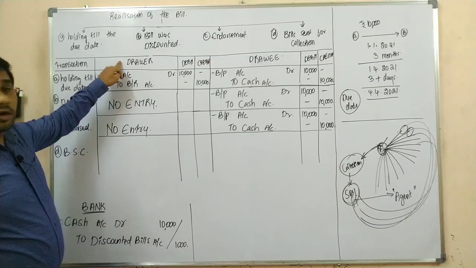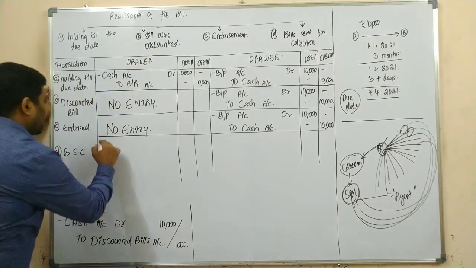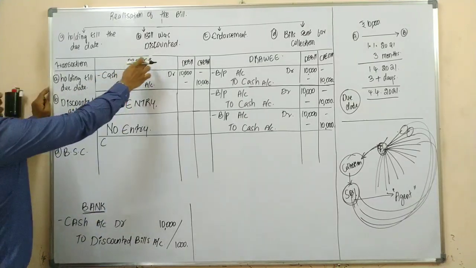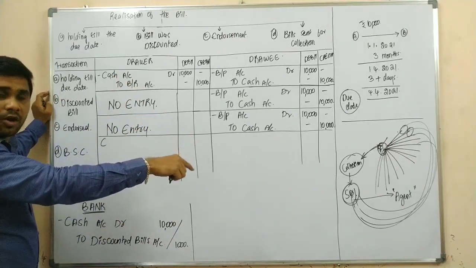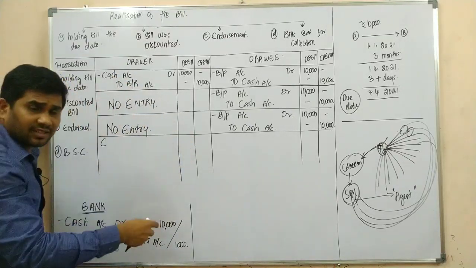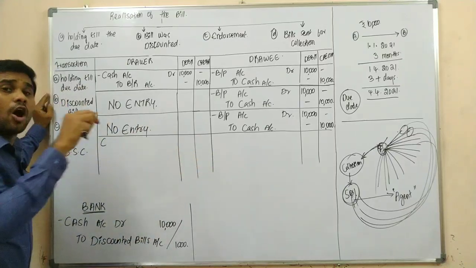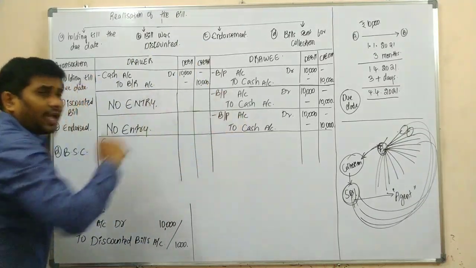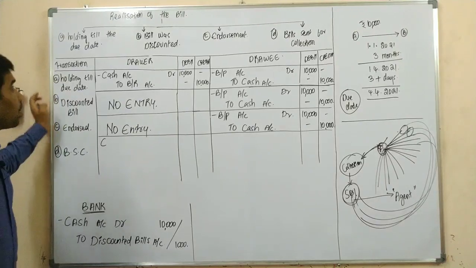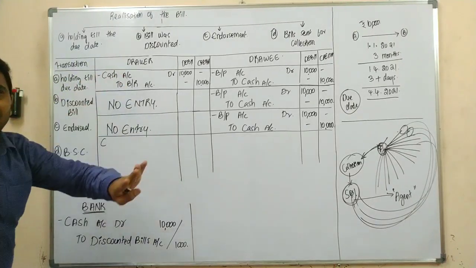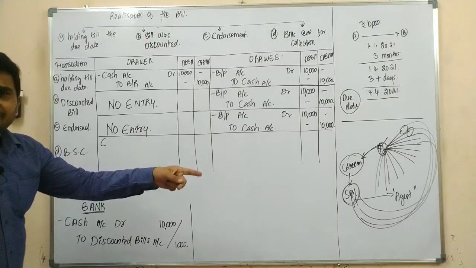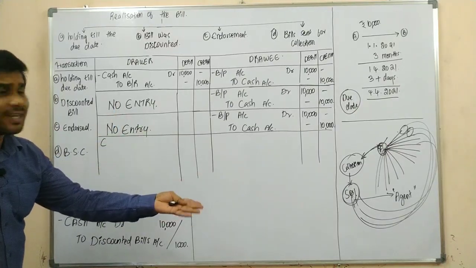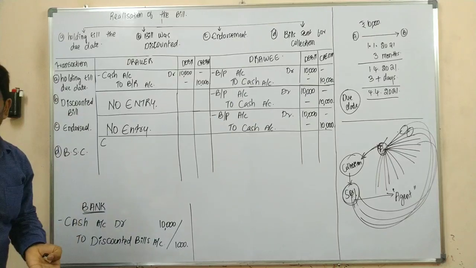So now, as the bills were realized, what is the journal entry in the books of drawer? The journal entry would be, as Mr. Drawer would be receiving the money. Banker is not receiving, because the banker is acting as an agent. He is receiving the money on behalf of Mr. A. So on behalf of the drawer, the banker is acting as an agent. That's it. So if the banker receives, that itself represents Mr. Drawer is receiving. Yes or no?